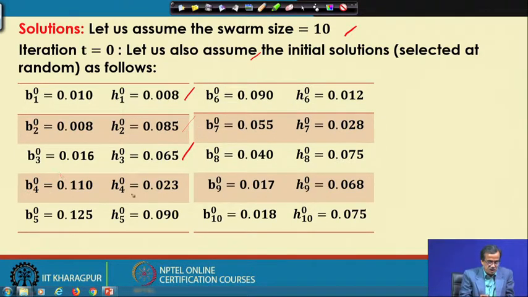Similarly B 40, H 40, B 50, H 50, then B 60, H 60, B 70, H 70, B 80, H 80, B 90, H 90, then B 100 is 0.018 and H 100 is 0.075.